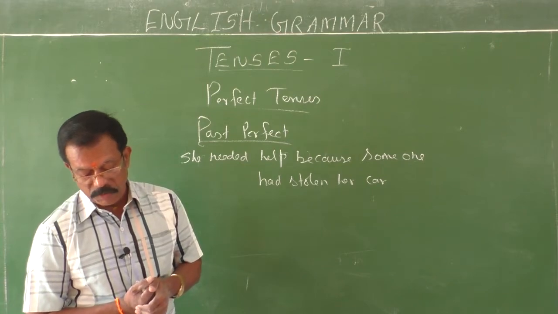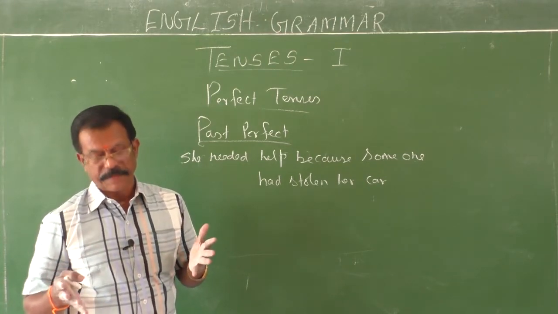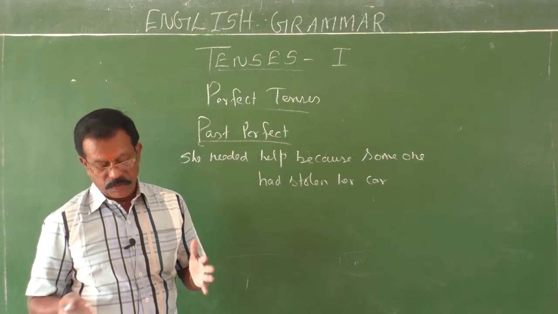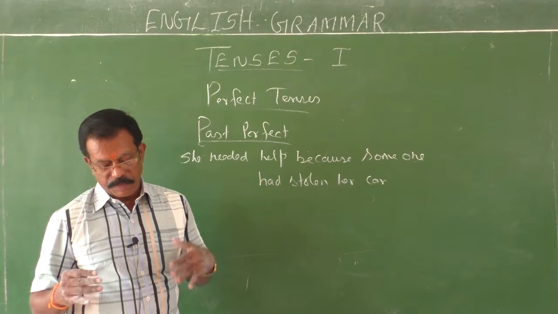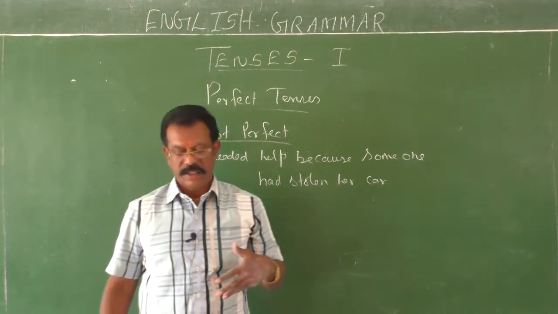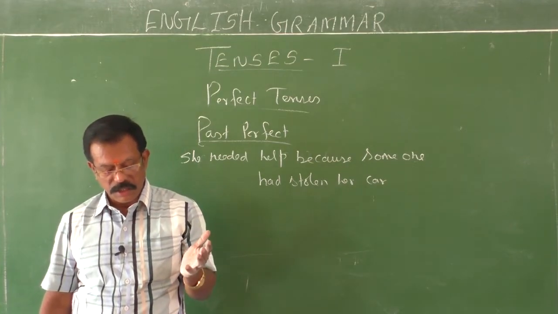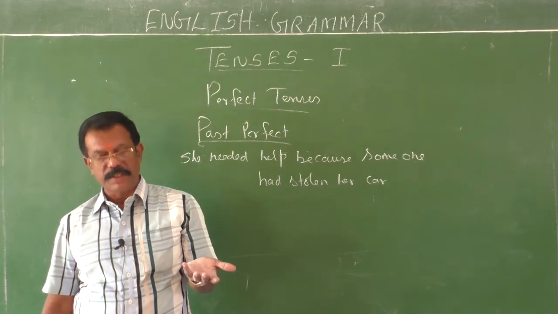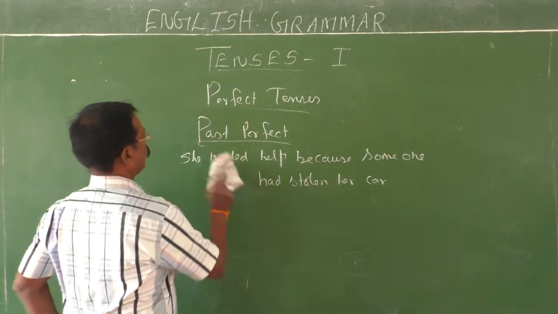After she had done her homework, she visited me. Okay. So it is used to make it clear that one event happened before another in the past. It indicates that an action was completed at some point in the past before something else happened. So there we have to use past perfect tense. So past perfect tense is used when one event happened before another in the past. Okay, fine. Next, future perfect.